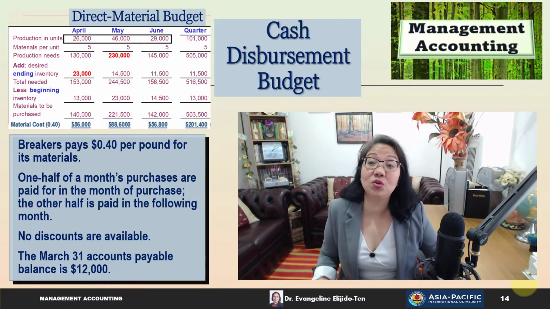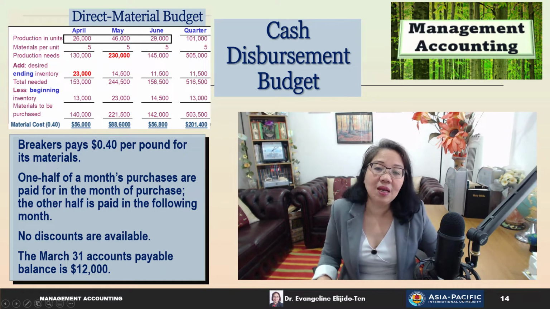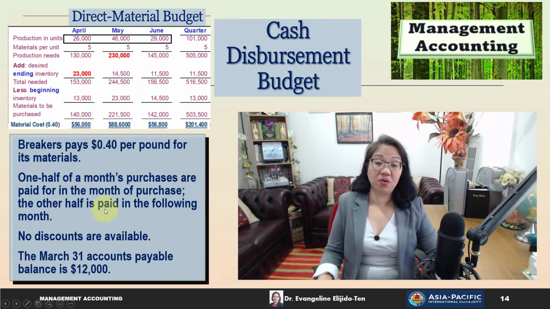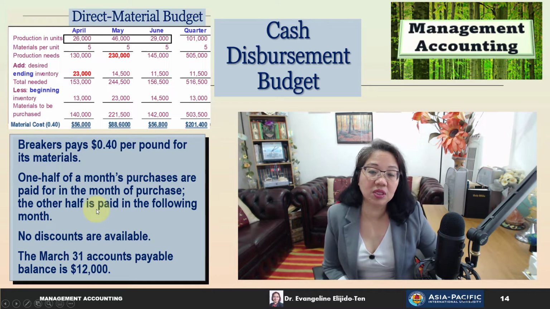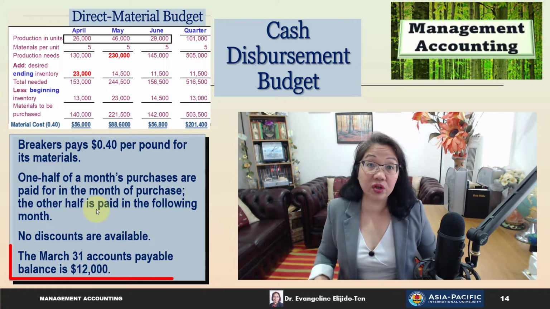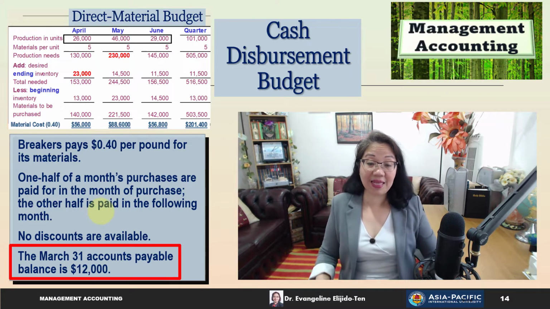Let's move on to cash disbursement budget. We are told here that Breakers pay 40 per pound for its material. We have seen that in the direct materials budget, which I have reproduced up here. What else did they tell us? 1/2 of a month's purchases are paid for in the month of purchase, and the other half is paid in the following month. We are also told that there are no discounts available and that March 31st accounts payable balance is